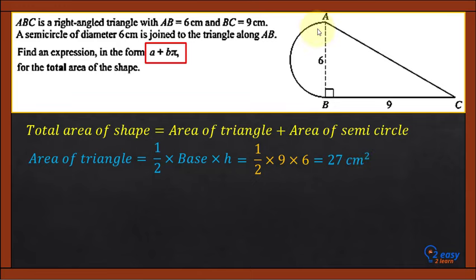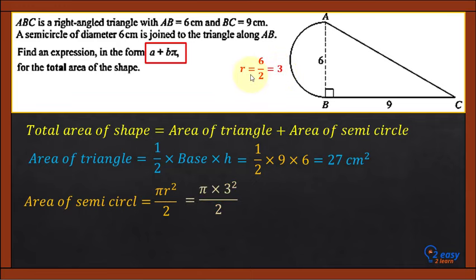Let's calculate the area of semicircle and you must know the formulas. Pi r square over 2, and AB is the diameter and the radius is half of the diameter. So 6 divided by 2, so radius is 3. Plug in these values in this formula. We will not plug in the value of pi. We'll keep the pi as it is times radius 3 square divided by 2. Square of 3 is 9. So area of semicircle is